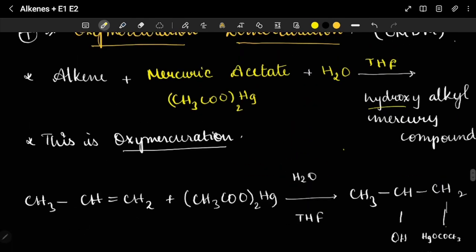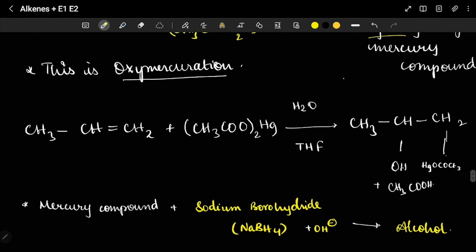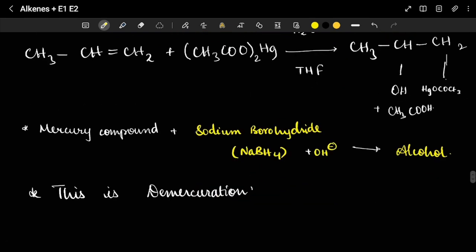Okay. So this is oxymercuration. This is one part of the OMDM. What is the second part? This mercury compound, whatever is formed, we are going to react with NaBH4 and H2O or NaOH. So this mercury compound with NaBH4 and OH minus, some reaction takes place, and this reaction